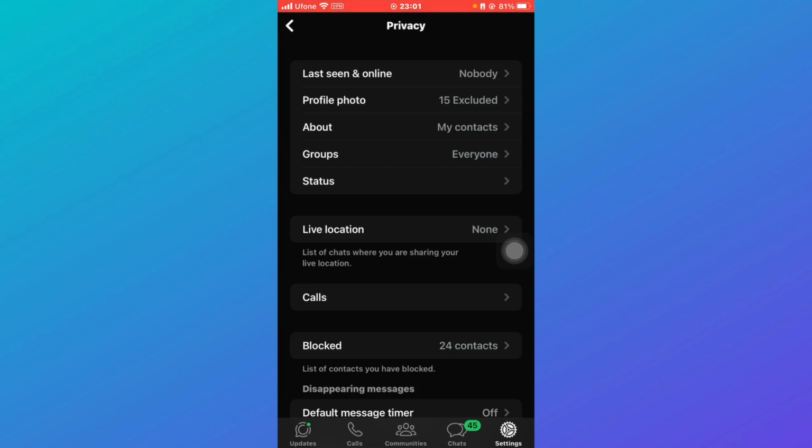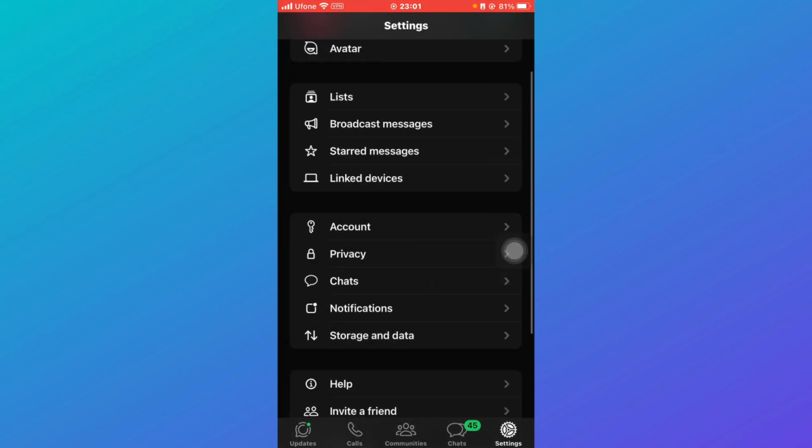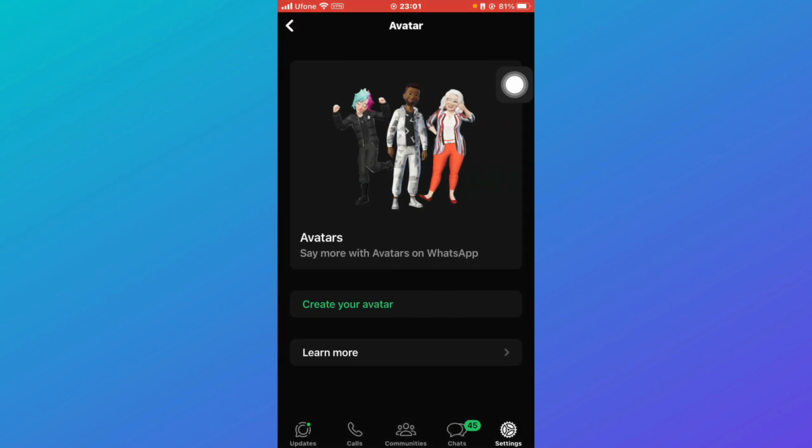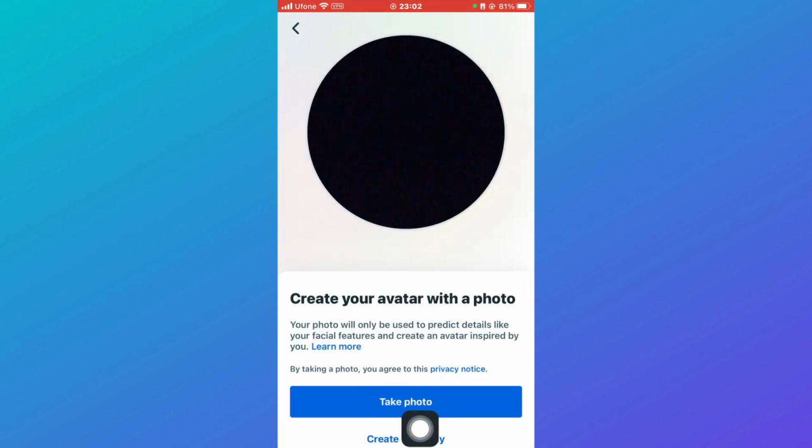Now there's also another trick: you can go back and click on this avatar over here. So instead of your profile picture, you can allow your avatar to be shown to people. For that, click on avatar and then click on create avatar. You can either create an avatar using your own face, so WhatsApp would detect your face and suggest an avatar according to that face. You can just click on take photo to take your picture and WhatsApp will suggest an avatar, or you can